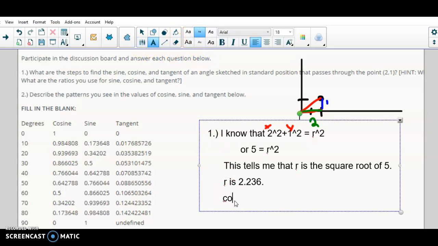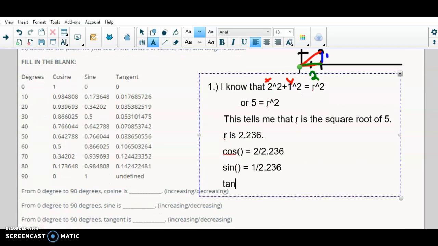I'd have my cosine of my angle, which is very important, equal to x over r. So that's 2 over 2.236. The sine of my angle is equal to y over r, 1 over 2.236,